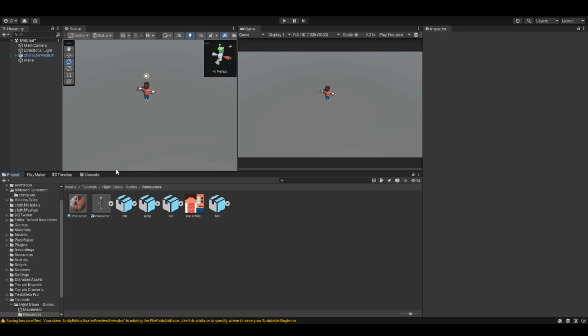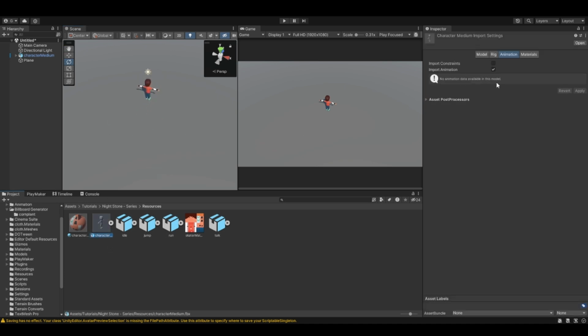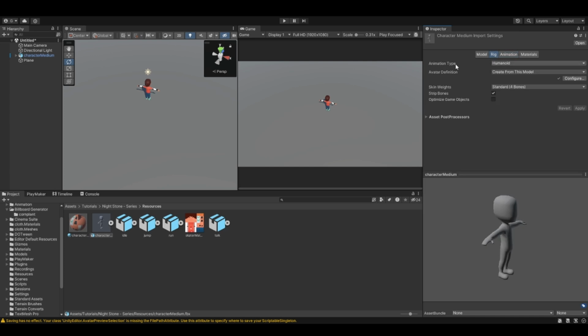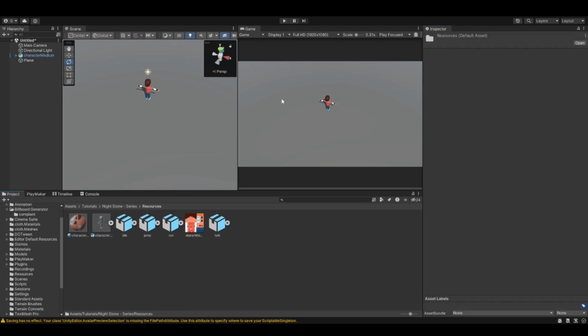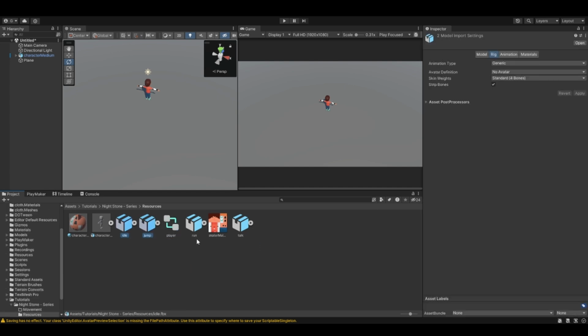So in this tutorial, we'll be looking at how to make the character move, and I've just pulled the character into the scene. Make sure you change the animation type of the character to humanoid. I've not made an animator controller, so I'll create one and call it player. Here I would like to get all these animations which I've not made humanoid, so I'll select all of them and